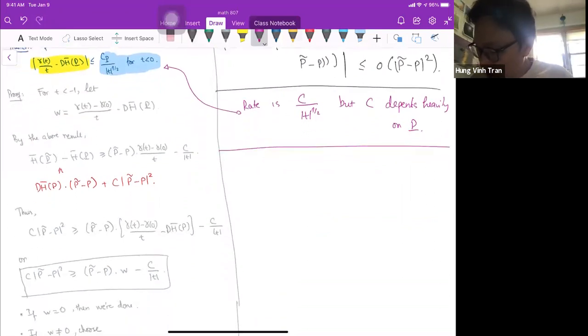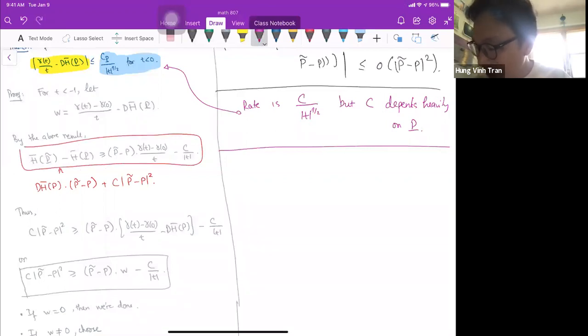Okay, so what do we do? It's not a big deal. It's just quantifying the above result, right? The above result gives me this box that I'm putting here. So maybe let me write, from the above qualitative result,